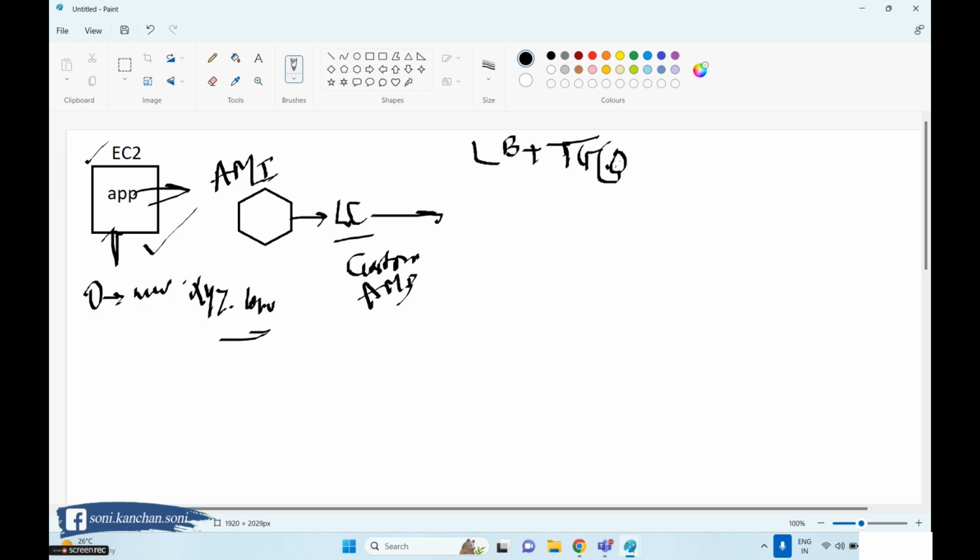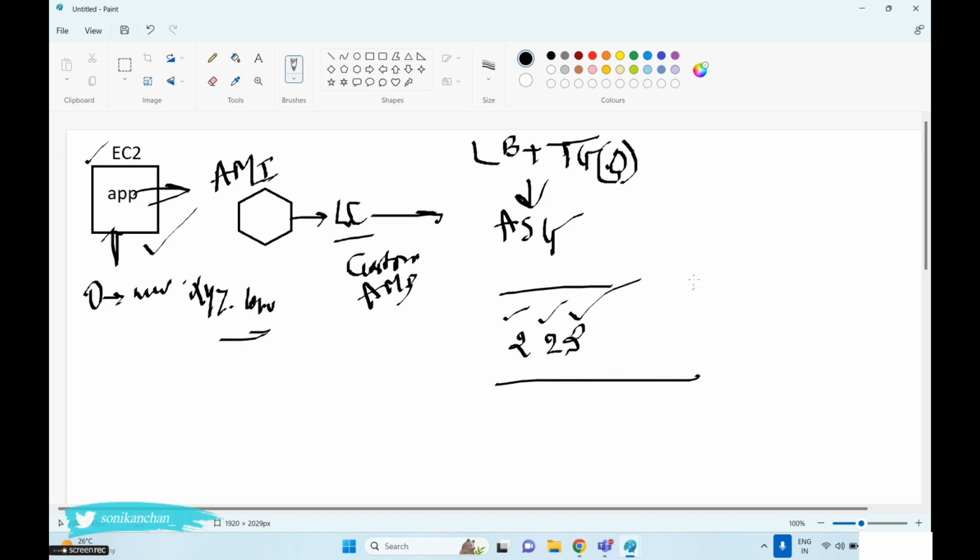Then go and create an auto scaling group also, with, for example, 2, 2 and 3 capacity: minimum, desired and maximum. And as a result, you need to paste the load balancer DNS in the browser